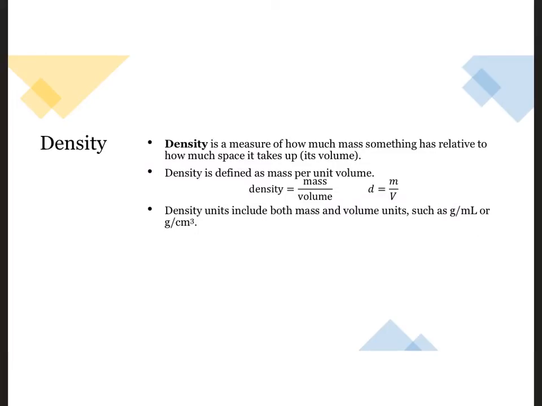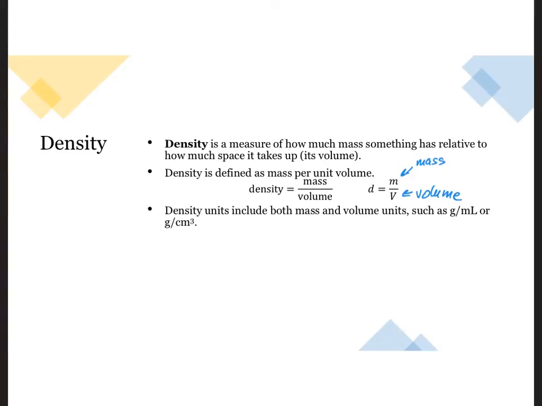Density is a measure of how much mass something has relative to how much space it takes up, its volume. Objects that are less dense float in fluids that are denser. Weather is the result of air masses with different densities interacting with one another. Earthquakes result from the movement of Earth's tectonic plates as the lower density crust floats on the moving mantle, which